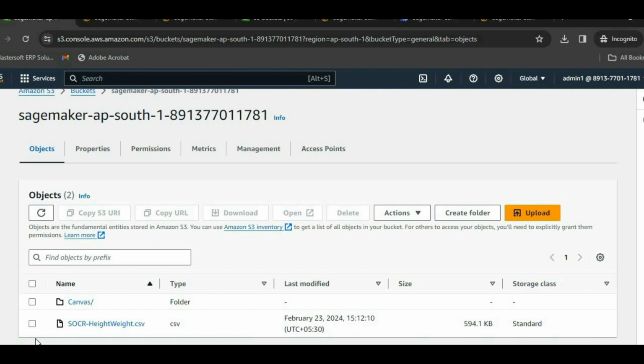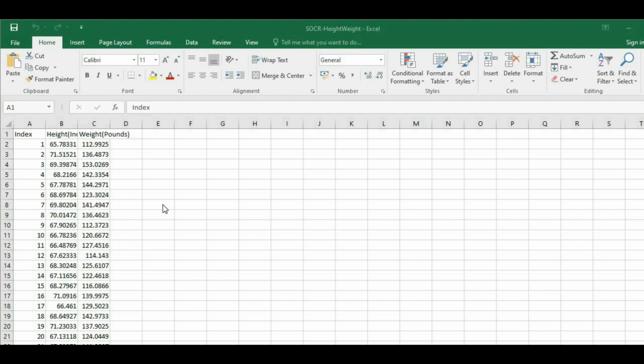I'll just see what is there in this data set. This is my data set that I have uploaded in my S3 bucket. It is showing me the first attribute as index, the second one is height in inches, the third one is weight in pounds. So what I'm trying to do is input my height and then it will predict the weight.